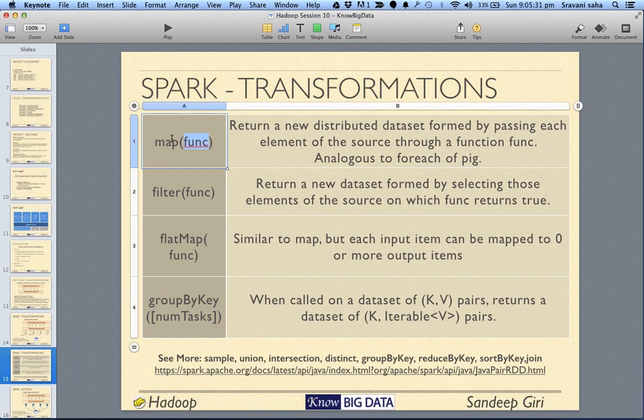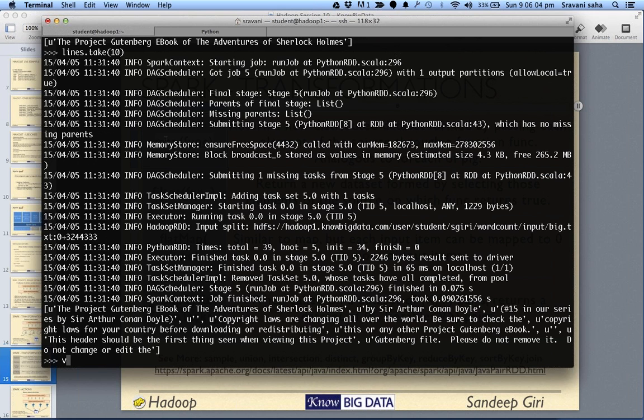Let me reiterate what I'm trying to say. When I say my RDD1 dot map func, it will take this function, a pointer to the function you have just defined, apply it to each element of this RDD, and generate another dataset. So let's have a quick example here.